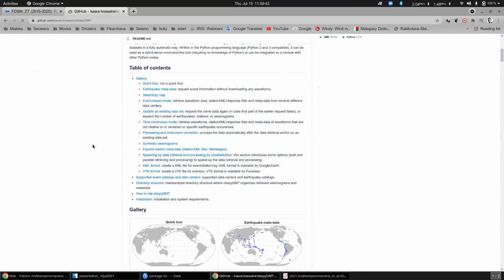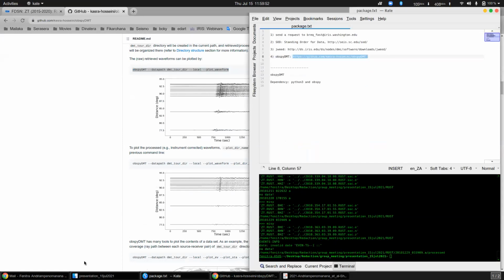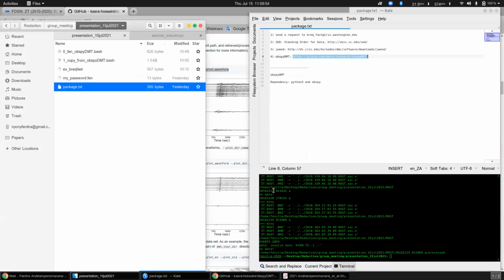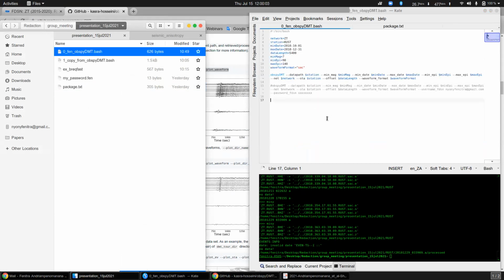For OBSPy, you just need one line to download the data, like this. To run it, you just put the line in the terminal and hit enter, then it will download your data. But you don't want to